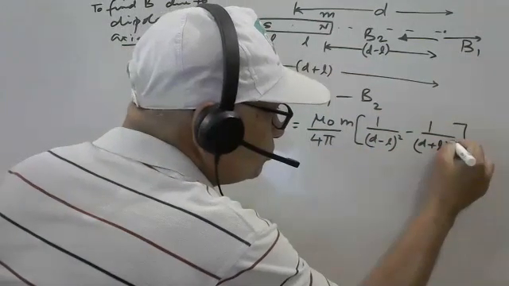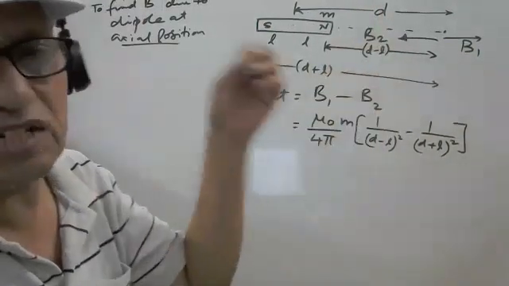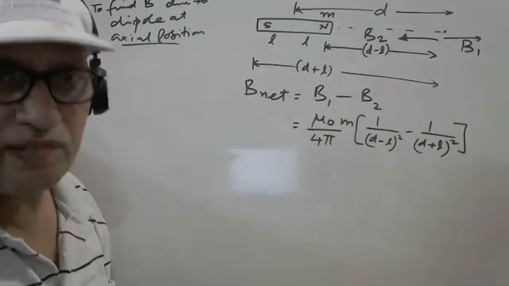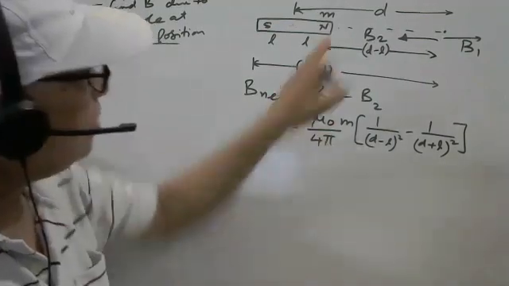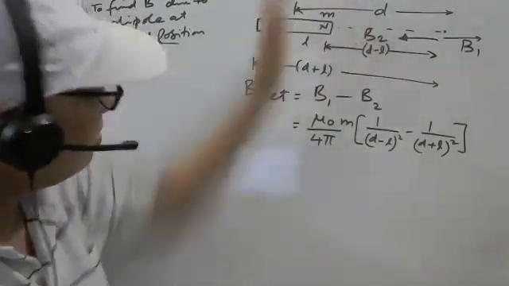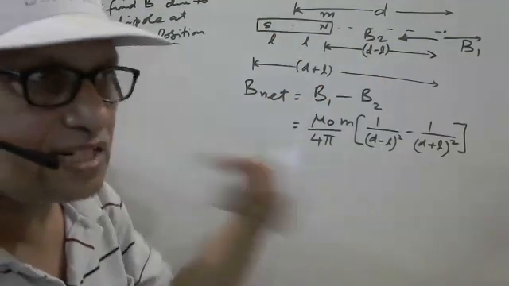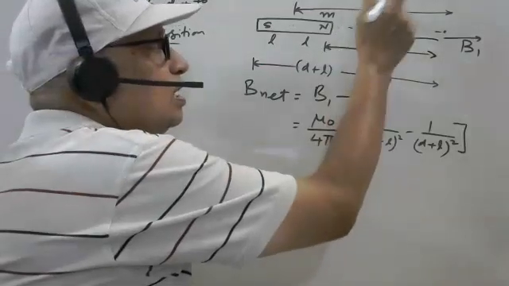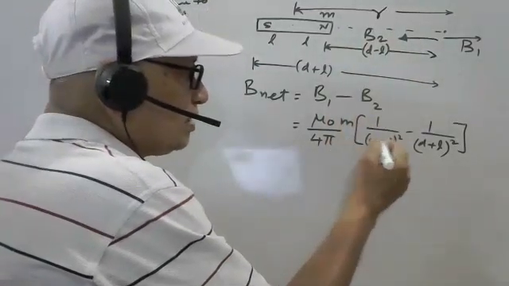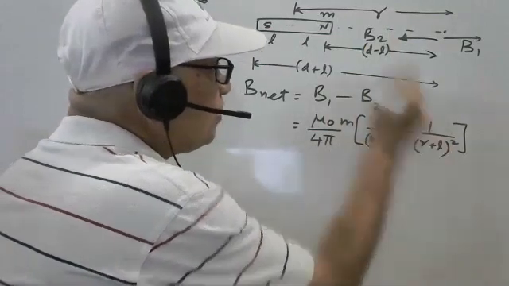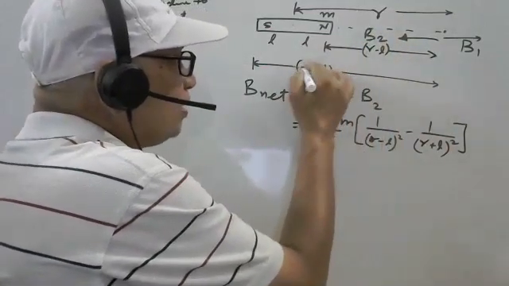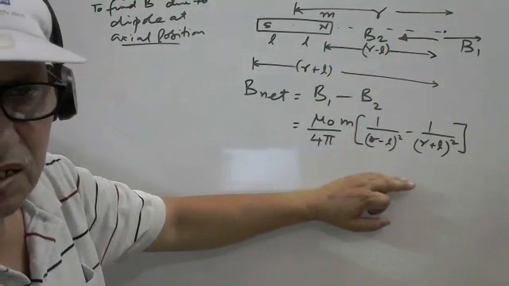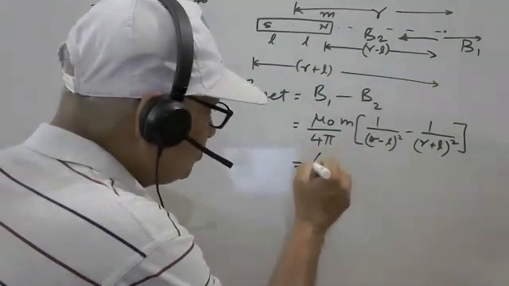You can take d also, you can take r also, whatever it is. You can take x also, no problem. But I am not taking x here, because the x axis is supposing y, we have to take y. In general, we can take d, we can take r, no problem. Same thing. And what should be the LCM here? Now we can solve easily. (r square minus l square) whole square.